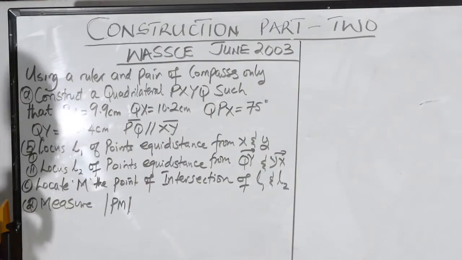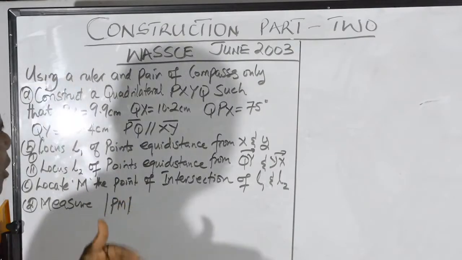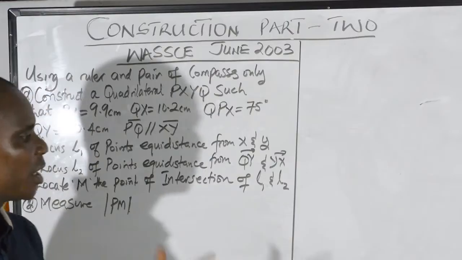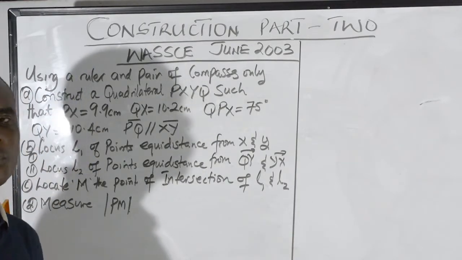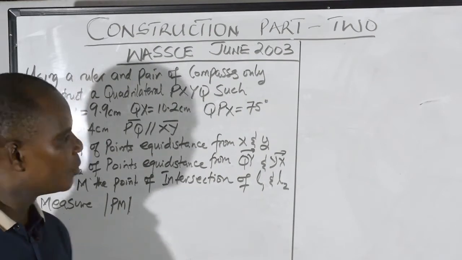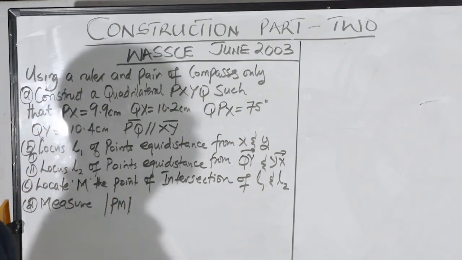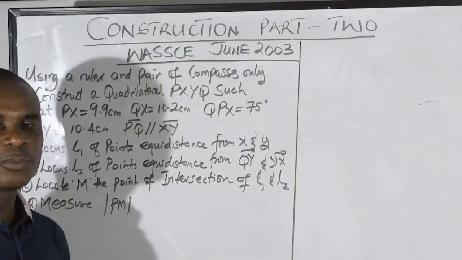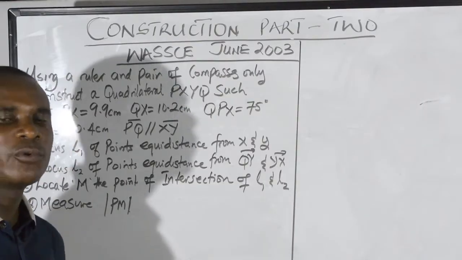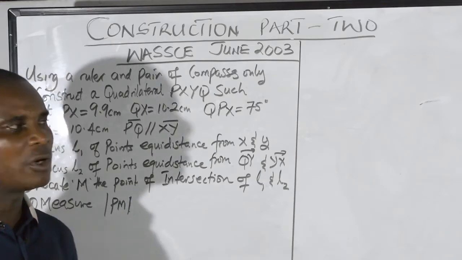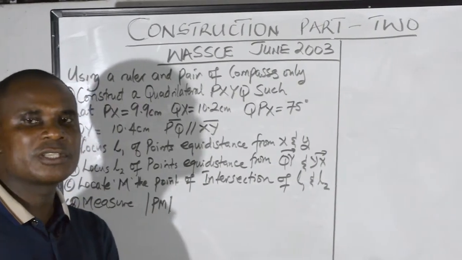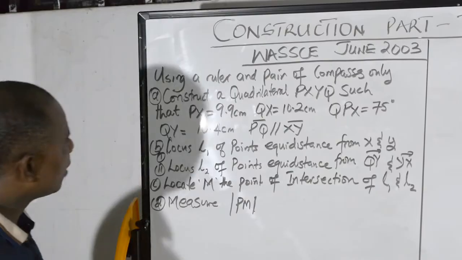Now I'm going to give you a kind of sketch, so you go along with me. Construction is actually practical mathematics, so you have to get your paper and your construction materials, and follow along as we move. I'll be giving you arbitrary distances here, but you use your ruler and draw the distances correctly. Now I have the question here.